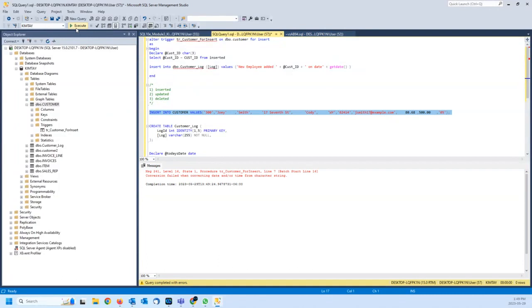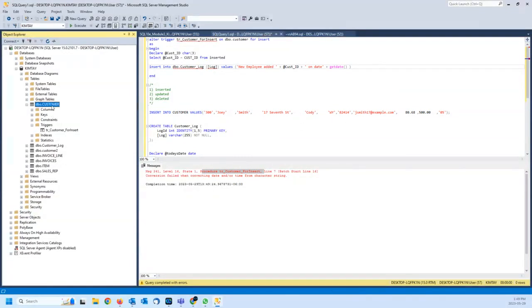So it says procedure TR for insert line 7, I have an issue. It is not able to convert date and time into this. So I will just say that, okay, it did actually insert it, but my trigger, so insertion to the customer